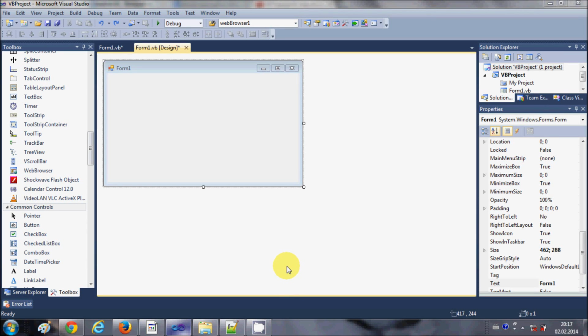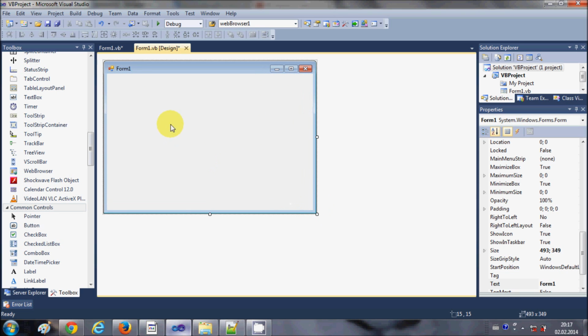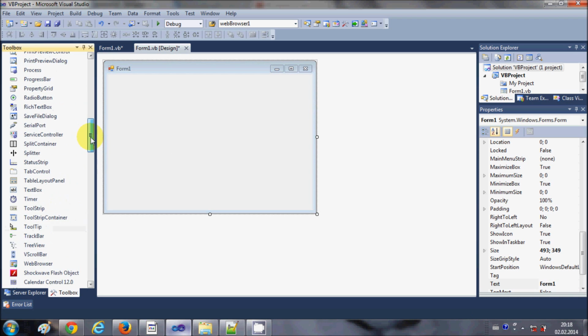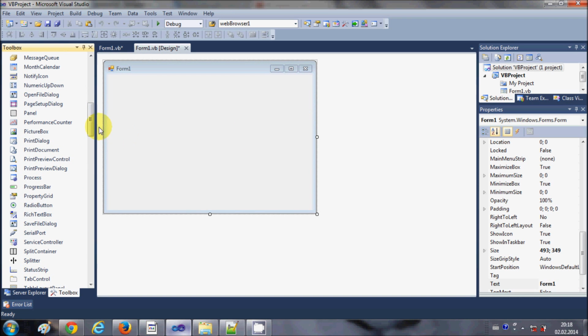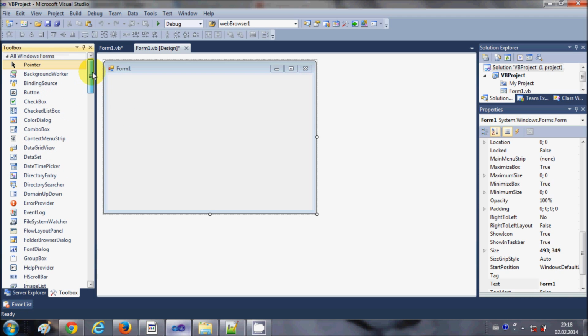In this video I will show you how to show a PDF file inside your form. So suppose you have some application and you need to show a PDF file inside your form. How can you do it? It's not very complicated to add a PDF file, so just follow the steps which I am showing you.